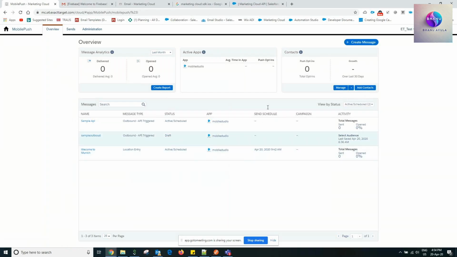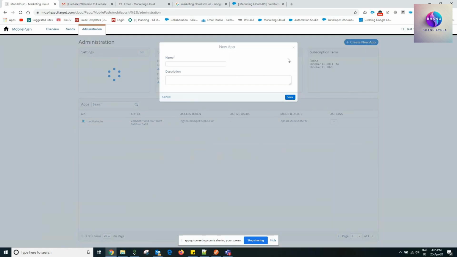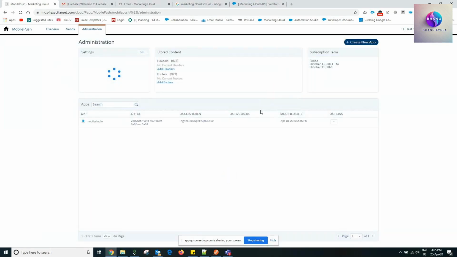But from the Marketing Cloud side, this is how you can do it. If you know these things, then it's more than enough. And one more thing: if you really have some personal apps with you, you can always create an app. You can go to administration, create an app, integrate with that, and try to send your push notifications and see if it is working fine. So this is about